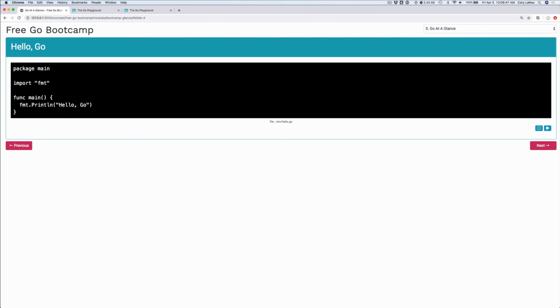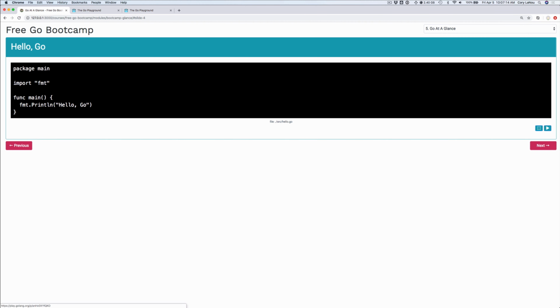If we look at our very first program here, it's very simple. So this is basically our hello world, right? We have a package main, which is just going to be the main program here. We're going to import the fmt package. And I know many people might think that's the format package, but in Go, we call it the fmt package. We have a single function called main. Now, this is how Go knows that this is the entry point to your program. So if it sees a package called main and a function called main, this is your entry point. And then we're going to use fmt.Println to go ahead and print hello Go.